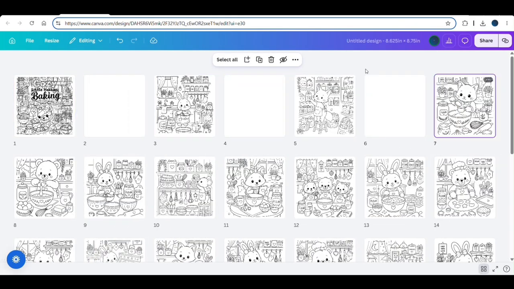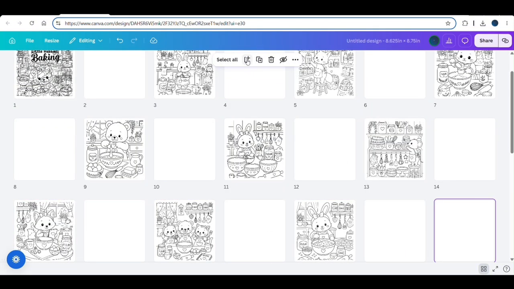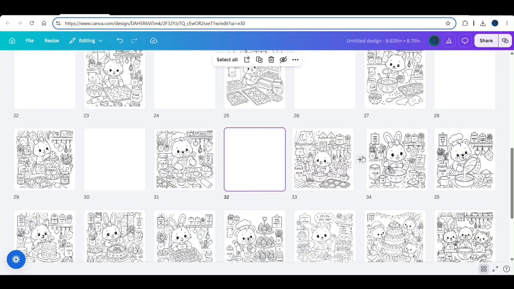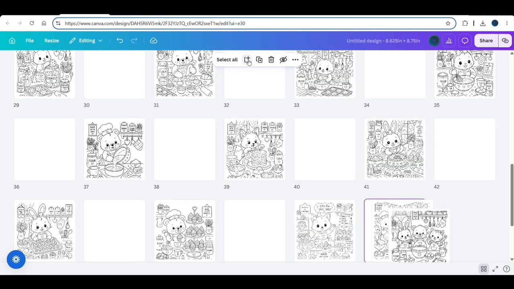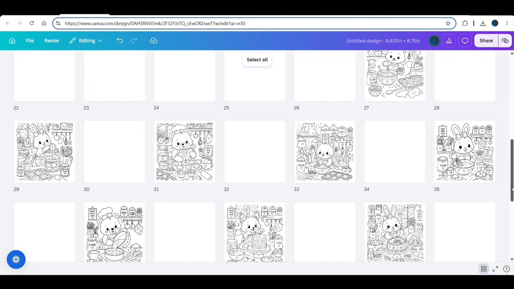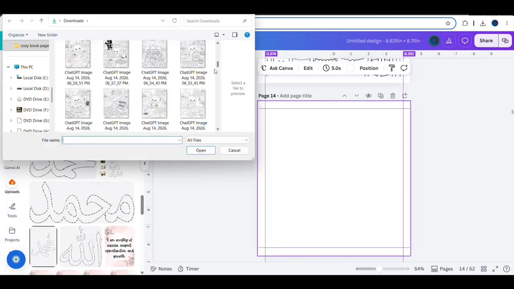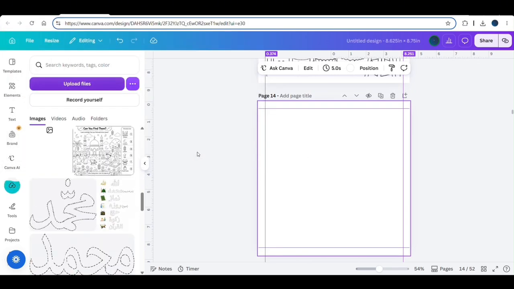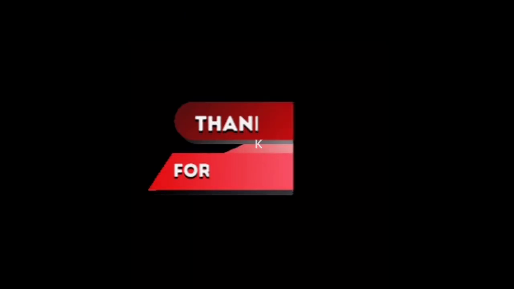Oh, one more thing, just leave a blank page between two images, because if a person is using a color marker, it will be helpful for that person, because it will not leave a stain on the other picture. So here I am just adding one more page, and that's how it is going to give me a total of about 52 pages, and we still have to make the cover. So in the next video I'll be showing you how to design a cover for your coloring book in Canva. Stay tuned.